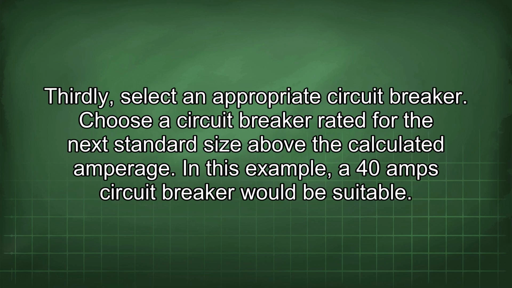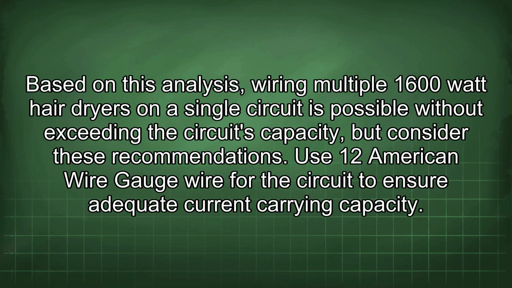Thirdly, select an appropriate circuit breaker. Choose a circuit breaker rated for the next standard size above the calculated amperage. In this example, a 40 amp circuit breaker would be suitable. Based on this analysis, wiring multiple 1600 watt hairdryers on a single circuit is possible without exceeding the circuit's capacity,